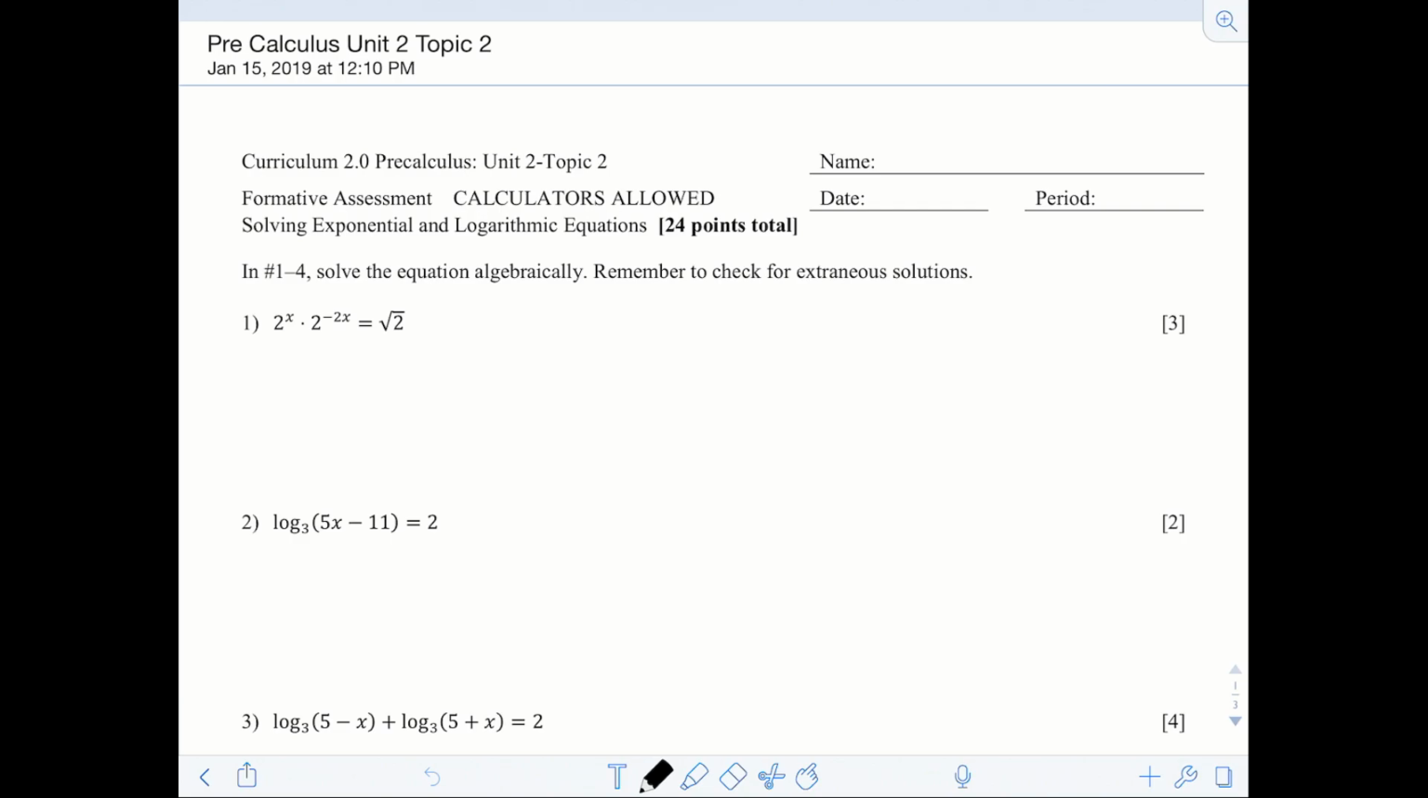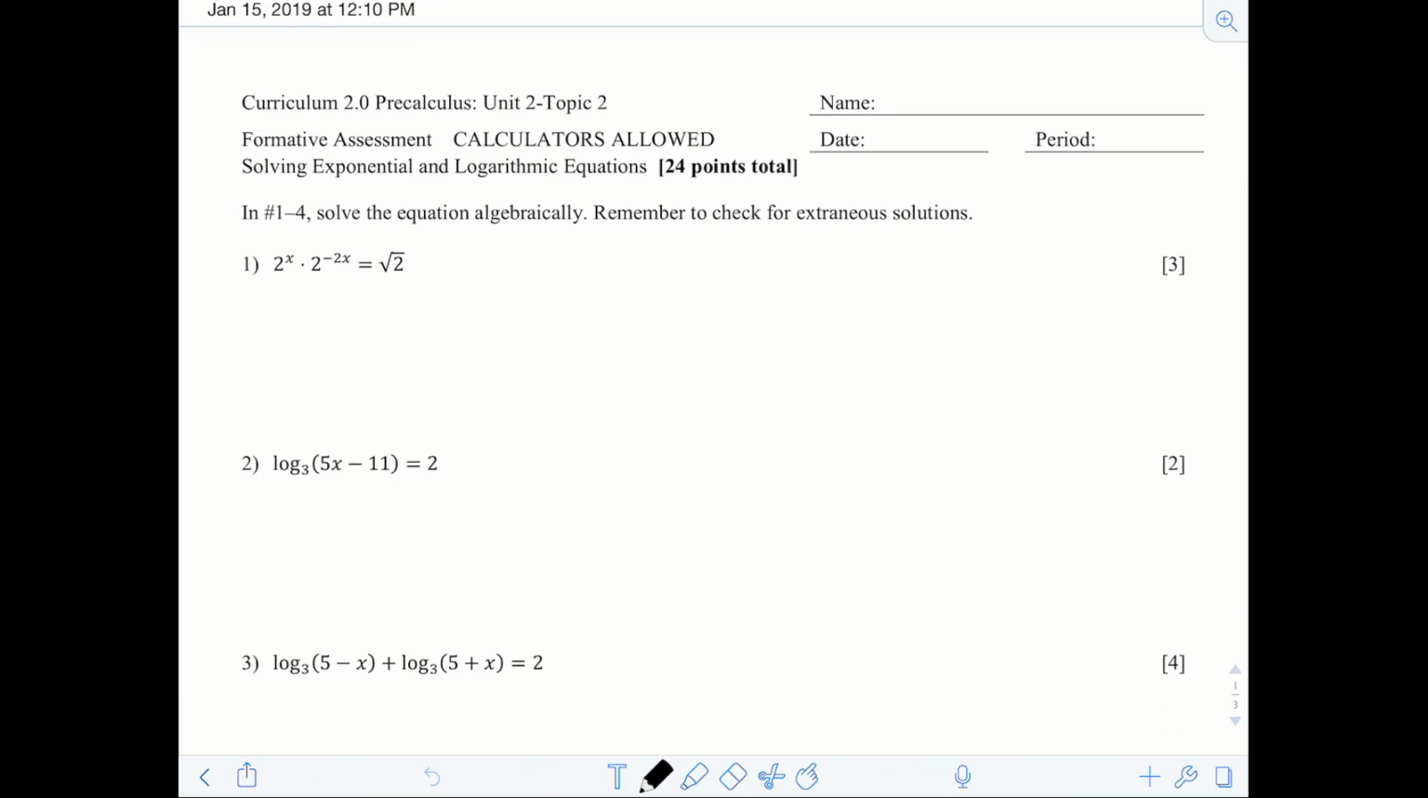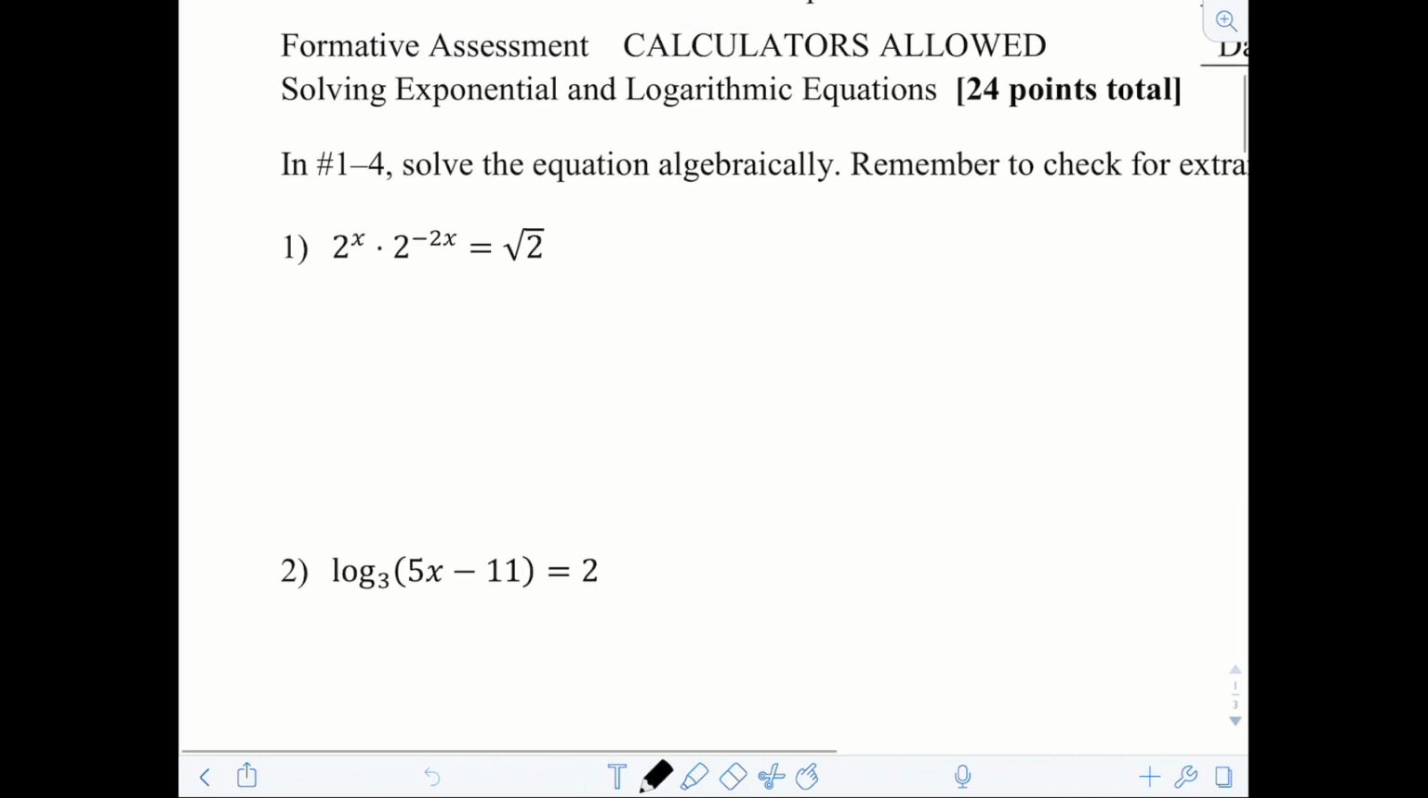Now remember, extraneous solutions are solutions that, in a sense, have you end up doing the whole problem algebraically, but then when you plug it back in, it actually doesn't work. So we're going to be checking for those specific types of problems. The first thing I'm going to take a look at is we're going to be working with the exponential